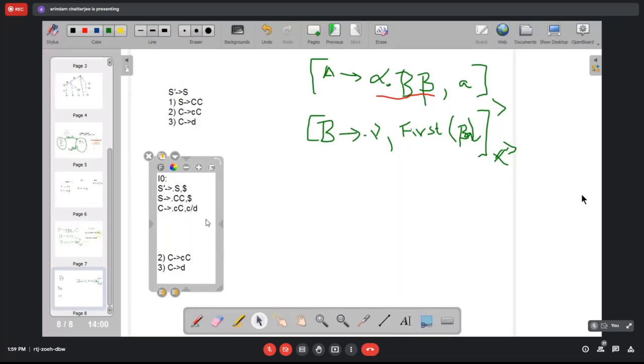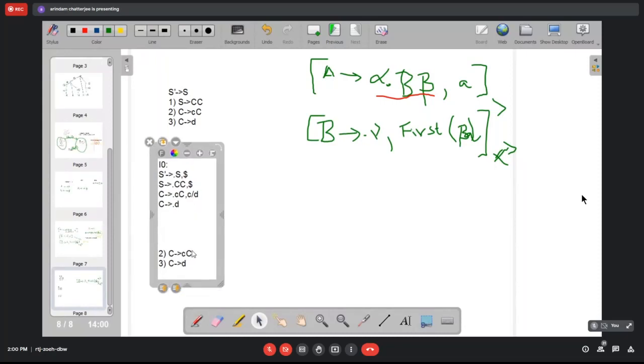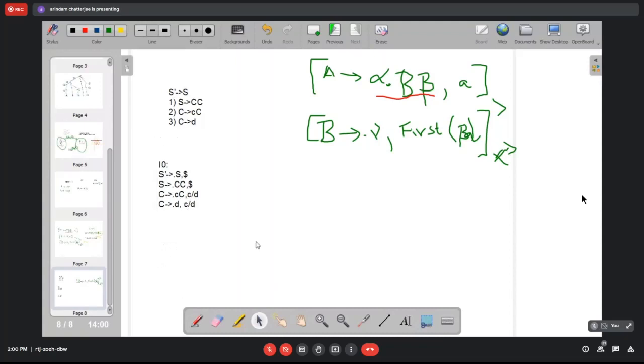So these are actually two items combined together. So the lookahead items are different than dollar. And next, for capital C producing dot d, again you have these things. C is small c or d. Okay, so this is your I0. Fine? Okay.